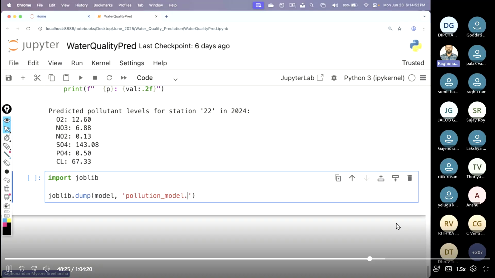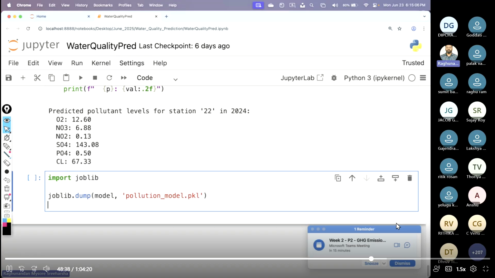Pollution_model.pkl. So pkl stands for pickle. So we are going to save this as a pickle file. Okay. So once this is done, we are going to save this. And next, I'm going to go for